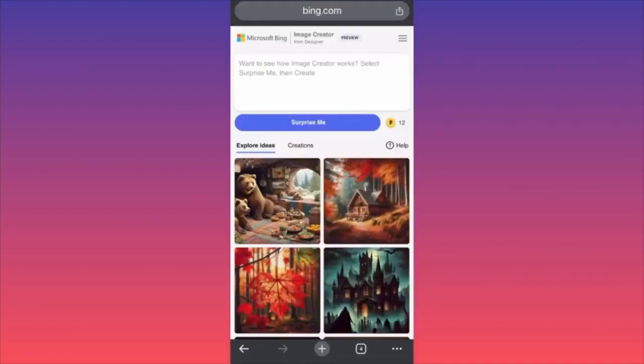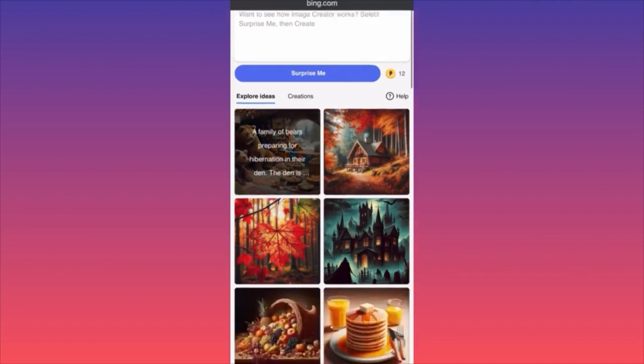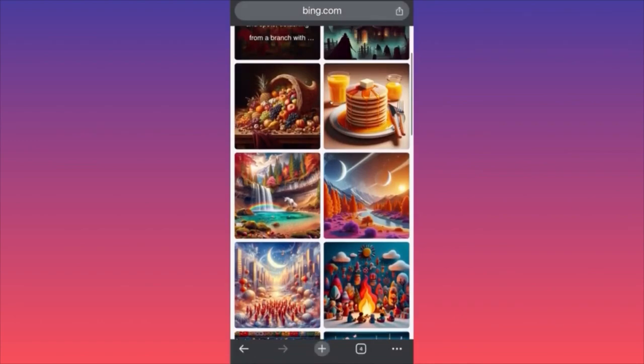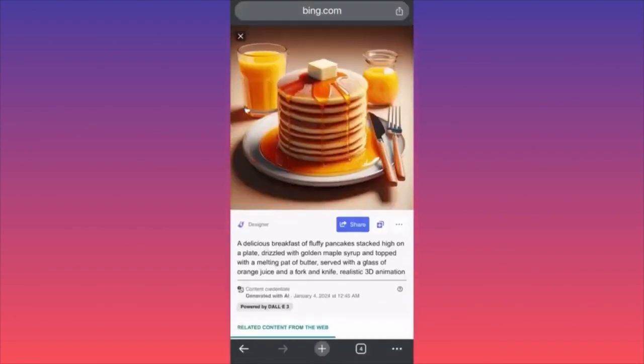Hi guys, in today's video I'm gonna walk you through how you should use the Bing AI image generator. It is very easy, very helpful, and of course very powerful by simply utilizing one of the most powerful image generators such as DALL-E. So now guys, as you can see over here, we have a couple of examples where you can simply hover on and click a little so you will see what kind of information people inputted.